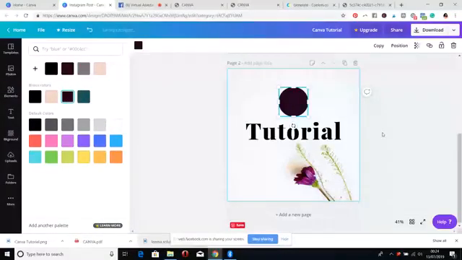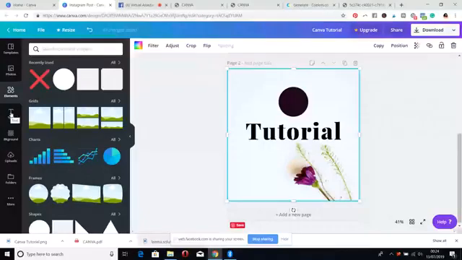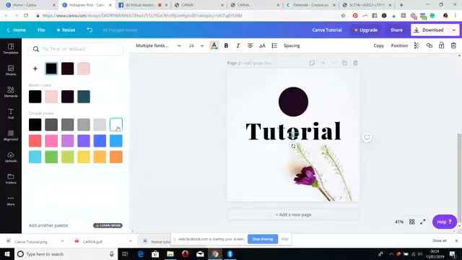Okay, so now I'm going to put words here. You can either choose to come to text, or you can just click T on your keyboard and your words will come up. So I'm just going to write Canva here. Canva. And I'm going to make it a white color. And I'm going to change the font to